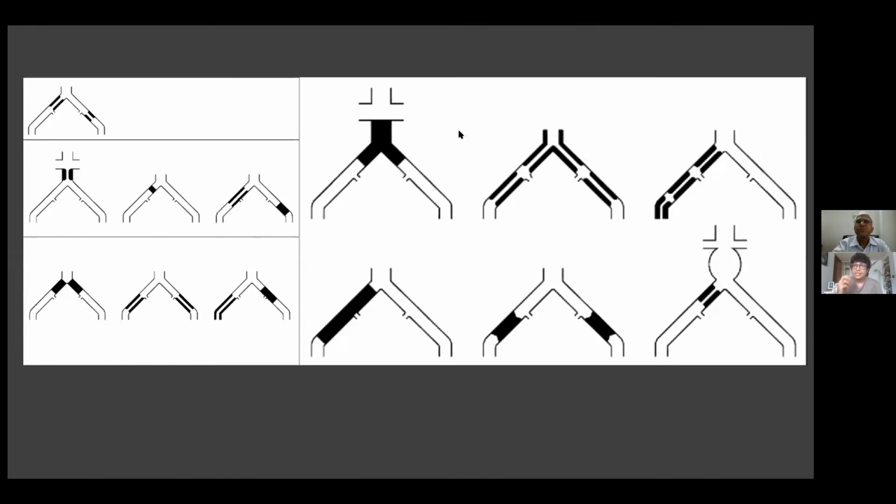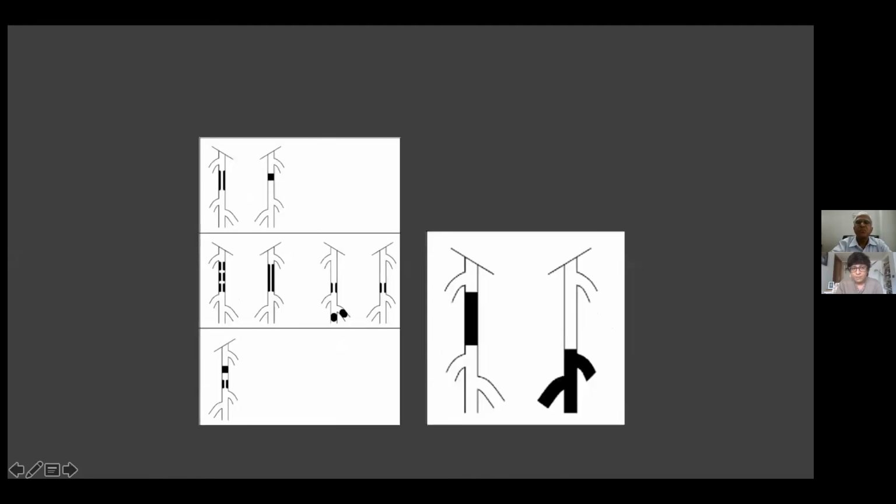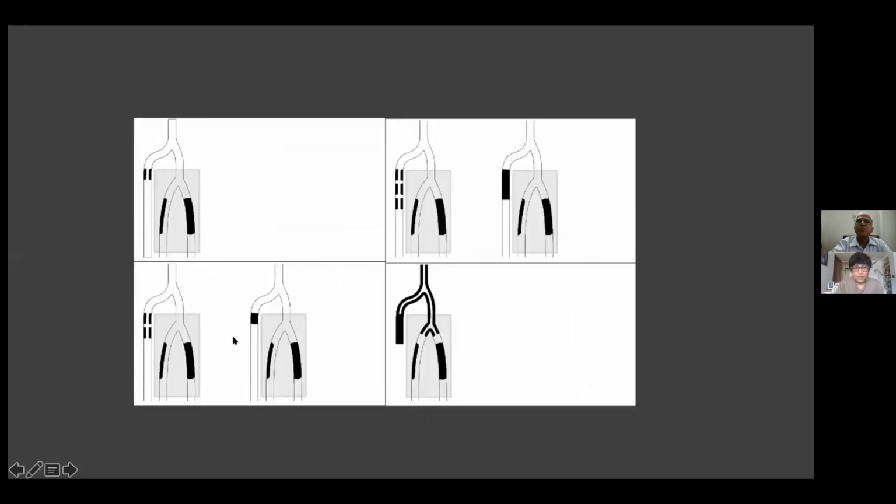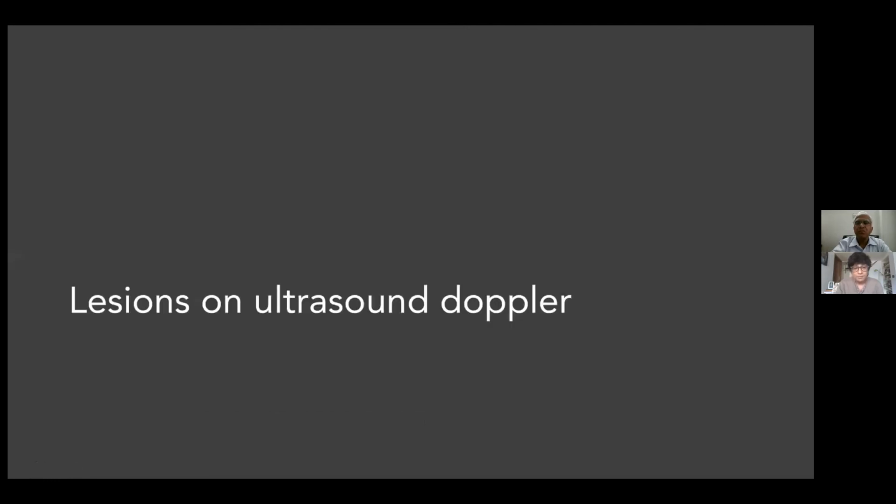be done with this patient, and particularly anatomically decide upon the TASC classification of aortoiliac occlusive disease, if you're insonating that segment, or the femoropopliteal occlusive disease. This is the TASC classification for the femoropopliteal occlusive disease. And this is for the infrapopliteal segment, TASC 2 classification. And I'll very briefly, before I wind up, show you some lesions as they look